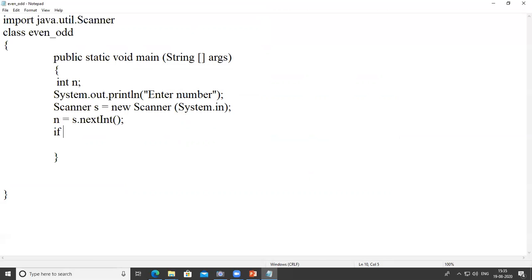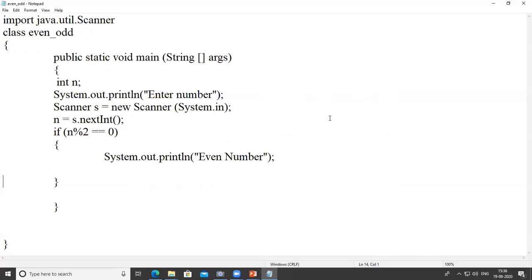Then here we check if n, and the mod operator is used to get the remainder, is equal to 0, then we simply write here System.out.println even number.